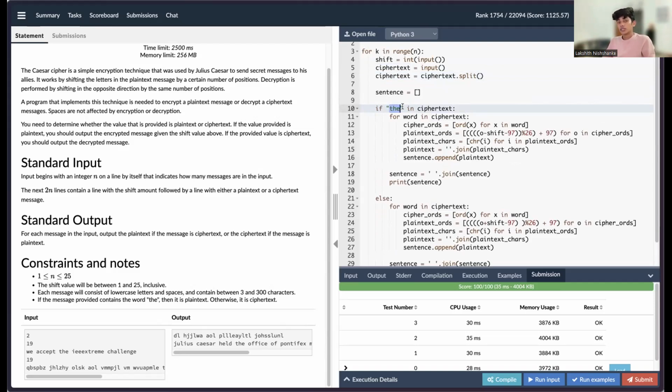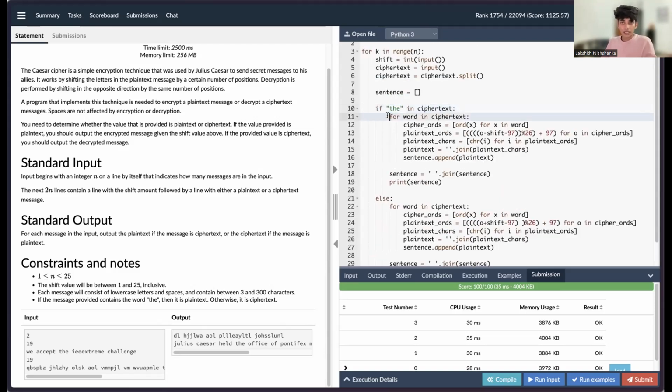If I were to do this in C++, it's going to be a real pain because first we'll have to split the string and get it into a vector, which is pretty hard already. We have to use a string stream or something, and then go through each word checking if those strings match "the", or maybe we can figure something out with regular expressions. We can probably do a one-liner with regular expressions, but in Python, as you can see, this is pretty straightforward and easy to do.